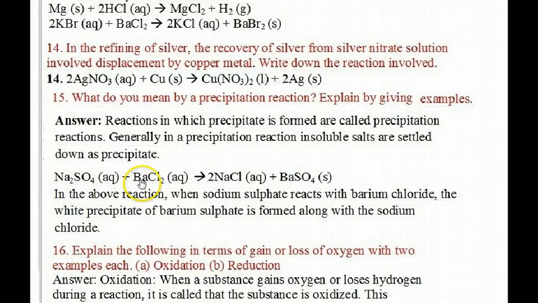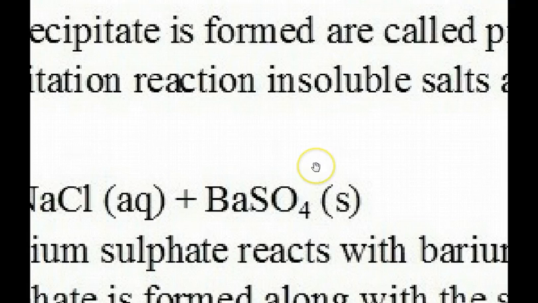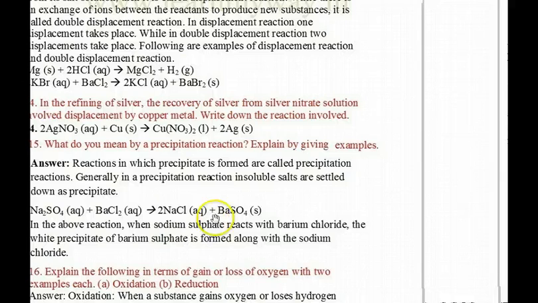For example, when we take a reaction between sodium sulfate and barium chloride, first both the ions are exchanged, so it becomes barium sulfate and sodium chloride. Sodium chloride remains in aqueous solution, but barium sulfate precipitates out. So that is why it is a precipitation reaction, and it's in solid form. In this reaction, sodium sulfate reacts with barium chloride and forms a white precipitate. So remember one thing, that barium sulfate is a white precipitate. So these white precipitates are formed over here.